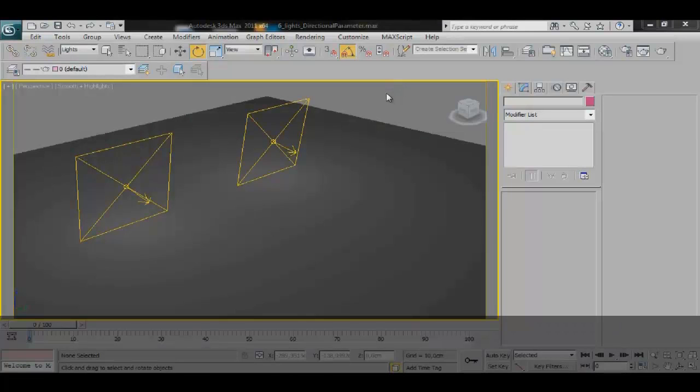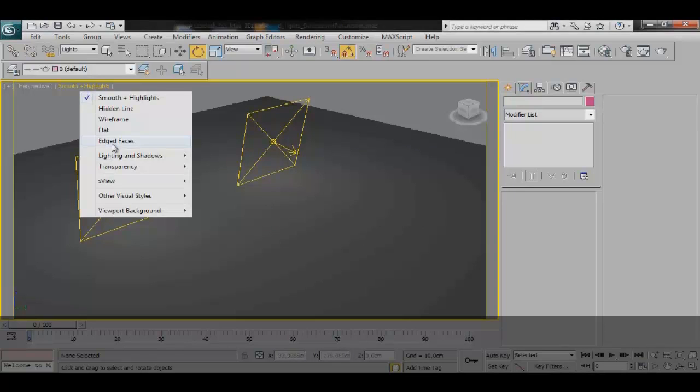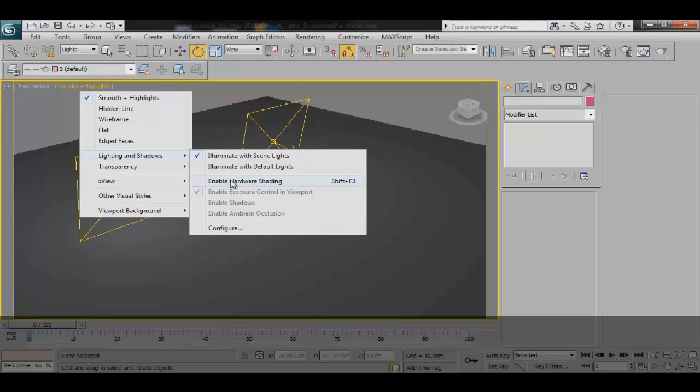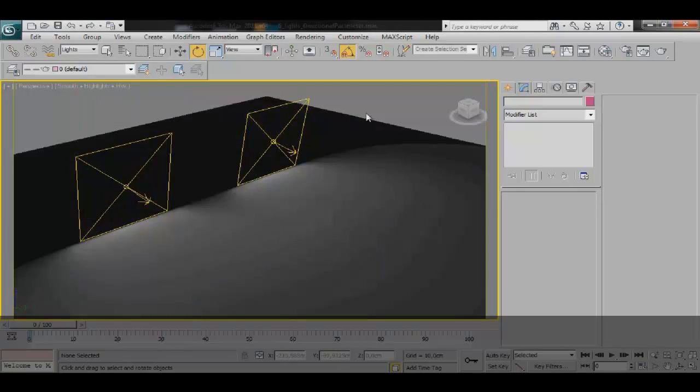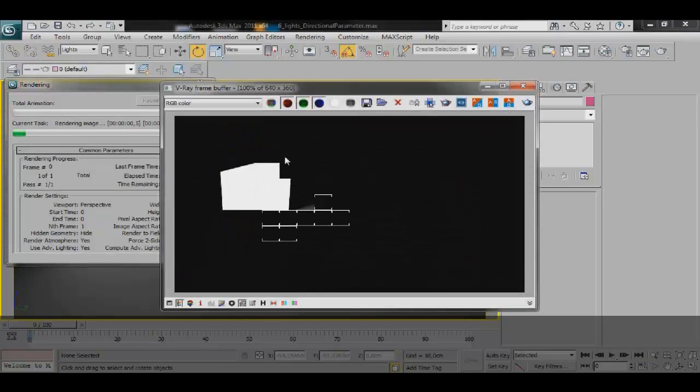Now I'll be showing you the new features in the planar V-ray lights. In this scene I have set up two planar V-ray lights above a white plane. And one of the first things you notice in V-ray 2.0 is when you enable hardware shading, you get a much nicer viewport representation than you did before, making lighting much easier in the viewport. So I'll go ahead and render this image,